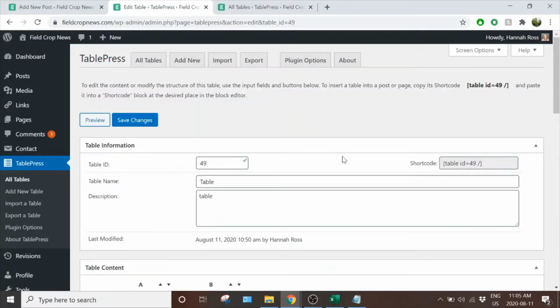So now I'll show you how to add your table to a post. After this, I will get into editing your table. I just wanted to get the basics in here first. So once you've made your table and it's saved, it will show you this table ID or short code right here and up here. So all you have to do with this is copy